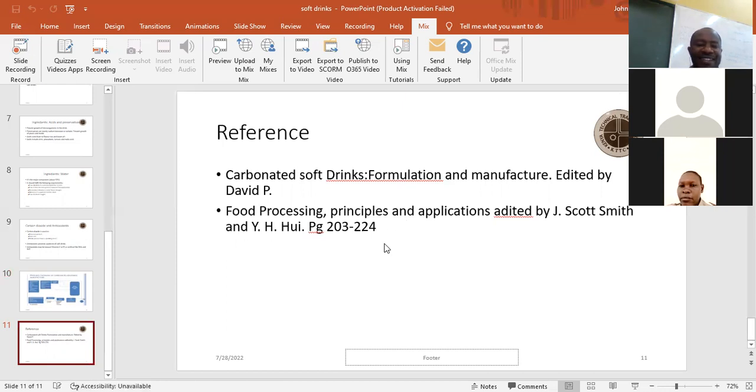Sure. Yes, for the assignment, thank you for asking, Rita. For the assignment, we can go and look at the function. We read more on the function of other ingredients like